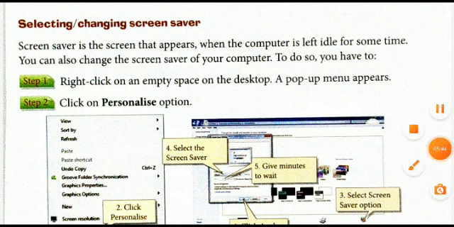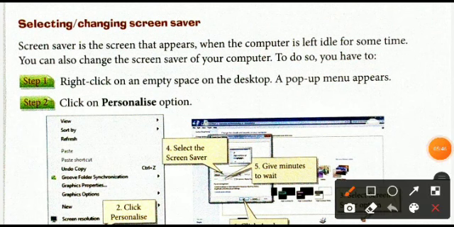It means if you leave your computer for a minute or for 2 minutes or for some time, a screen that appears on your desktop is known as screensaver.